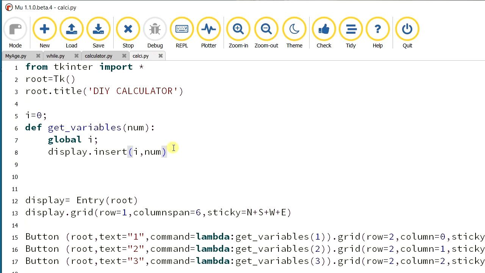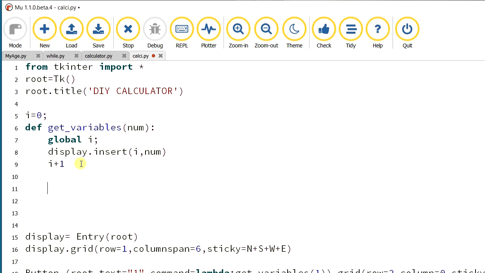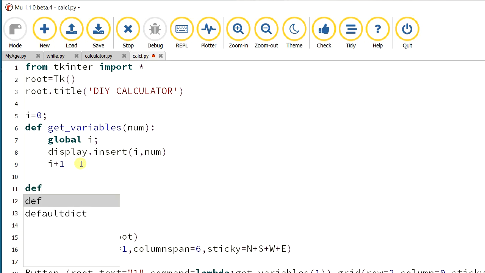So it inserts into the input field. Then we increase the value of i for getting the next input. Sorry, I forgot, there will not be any semicolon at the end of any of the lines. Okay, next, that's all. Our get variable function is finished.